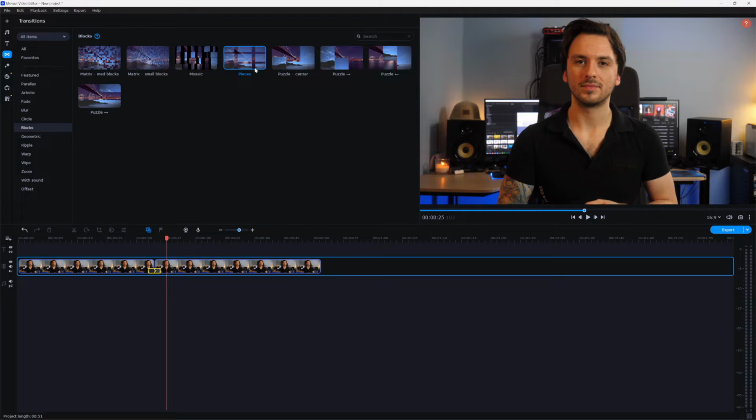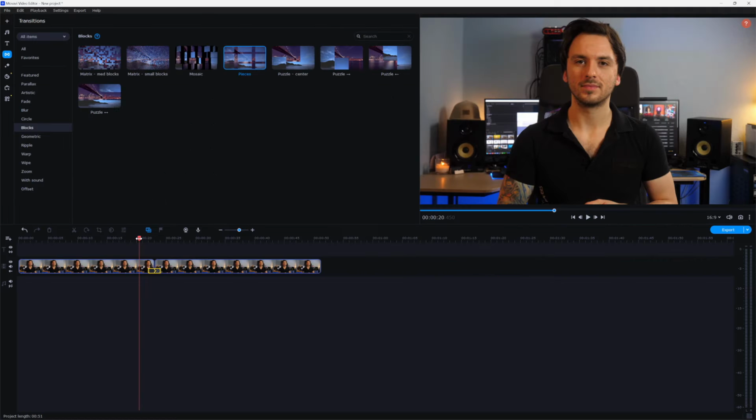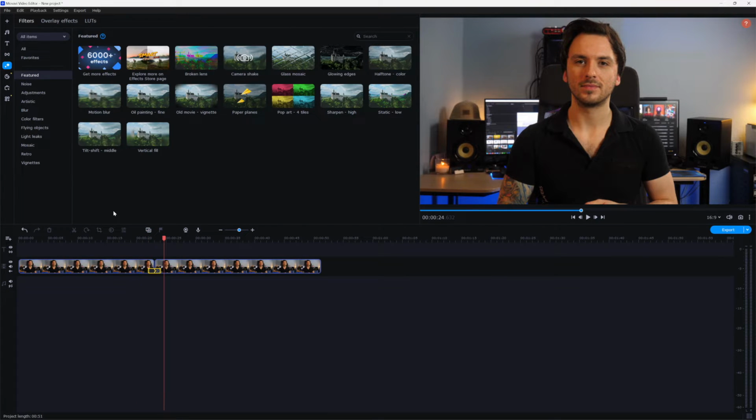Really nice. If you want to replace one, you just want to drag that and paste it over the existing transition, and then it's going to just replace that, super easy. So now that we had the text and the transitions, which is obviously more towards the basic side of editing,